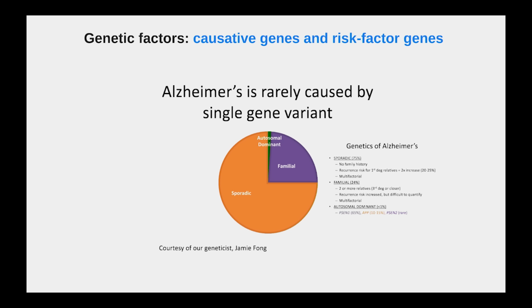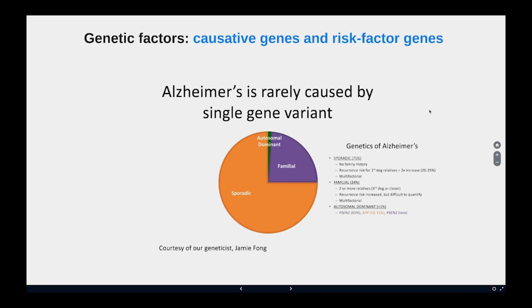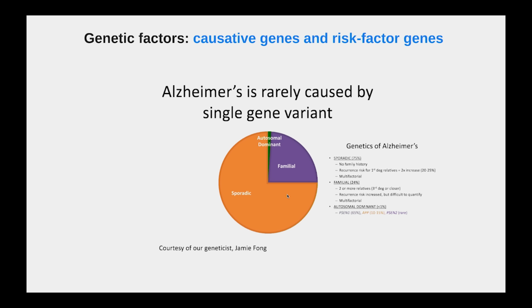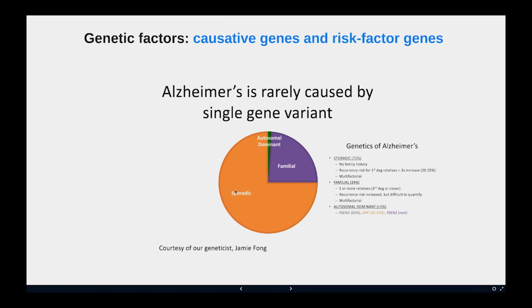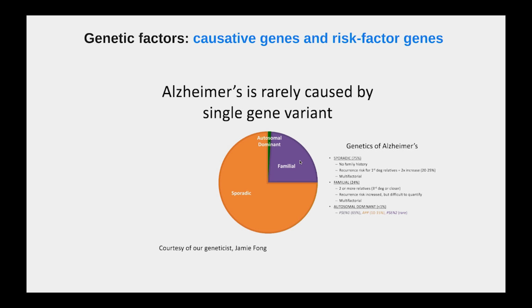This is what we call a pie chart, so it's kind of like a pie, and we're slicing it. And what you see in orange here is all the cases of people with Alzheimer's disease that we call sporadic, meaning that they presented to us with no family history of Alzheimer's disease whatsoever. And this is the majority, 75% of people. And then in purple, you see the slice of patients with Alzheimer's disease that presented to us with familial Alzheimer's disease. But this is also defined as Alzheimer's disease in people who have 2 or 3 relatives with Alzheimer's disease. But they don't necessarily have a dominant gene, meaning a gene that if you were to have it, you have the disease, no question.